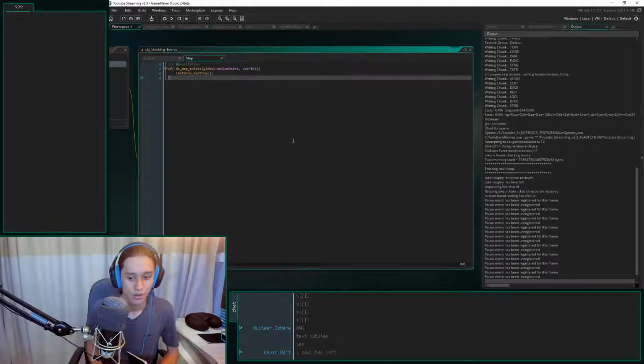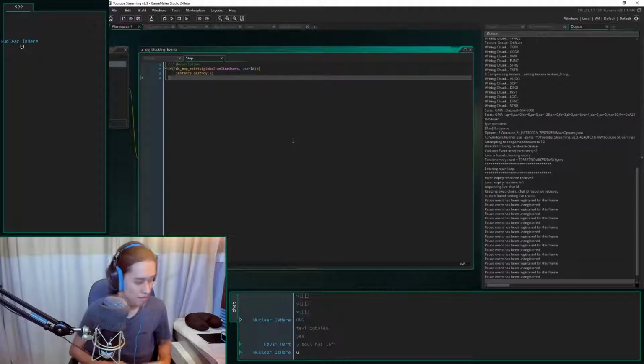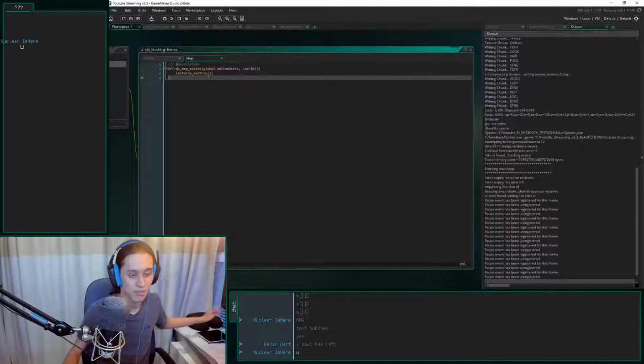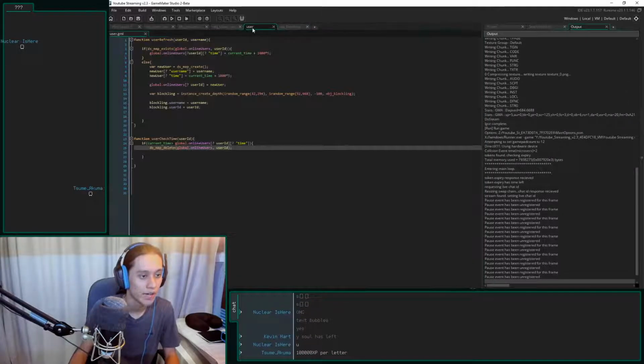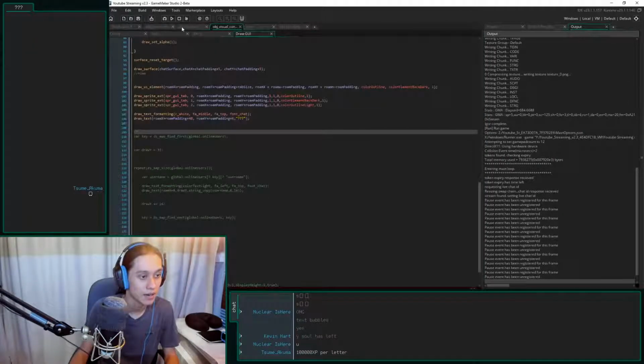Okay, so next thing I need to work on is message rewards. Let's see, how do I want to do this? So we could do, let's pull up this. I don't want to see pink. We could do every 5 minutes, you do a message, you get message credits. Let's just set up the system for now. So I already have an INI set up somewhere.